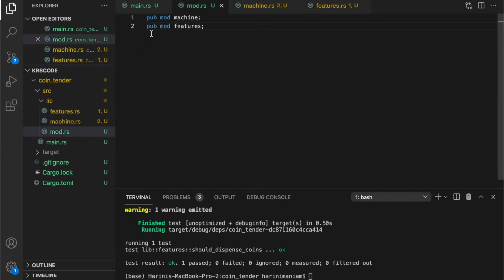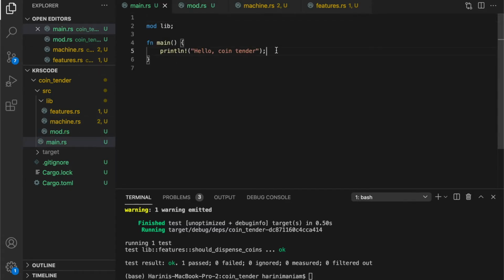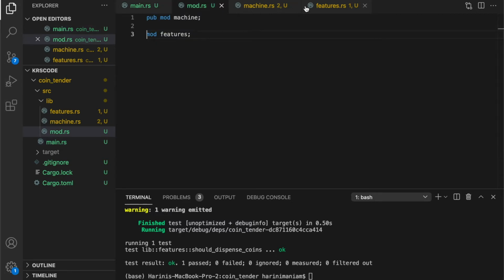So what we can do is we can just make this pub mod mission, because mission is something that should be exposed to the outside world. For example, from main I have to access the mission. Okay, so